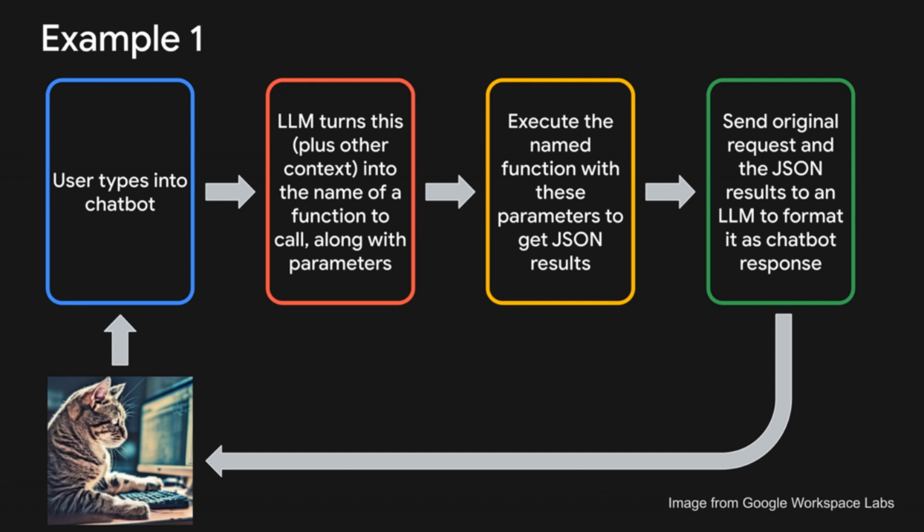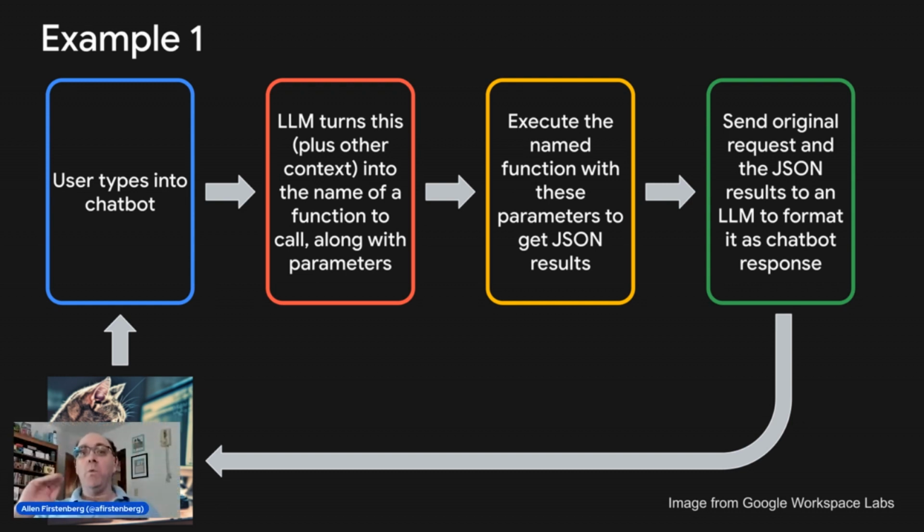It's not going to make the function call, but we've given it a list, for example, of known functions and what those parameters are in each function. And maybe it's going to give us back what that function call is and what the values of the parameters are. We're then going to, after some sanity checking, execute that function with those parameters. And like any good function call that we've built, it's going to be returning back into a nice standard format, an object format or a JSON format of some sort.